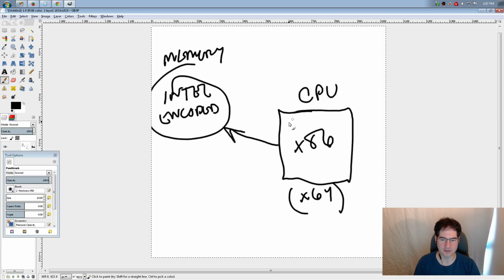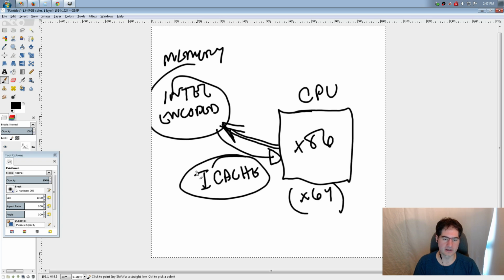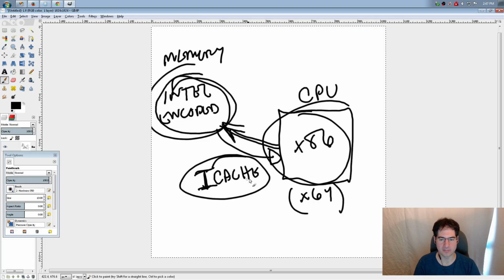As it's executing instructions, it goes to the next instruction. The next instruction hasn't been loaded yet, so it goes off to get it, and it brings it into the CPU, but not necessarily directly. There's a thing typically called an iCache, which I believe stands for instruction cache. The CPU may not want to directly execute stuff out of memory, because that stuff may need to be further munged for the CPU to use it.